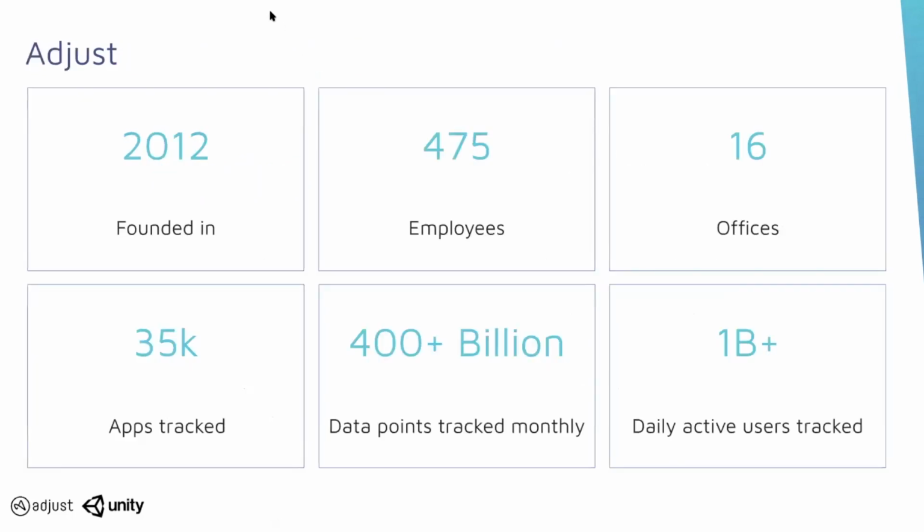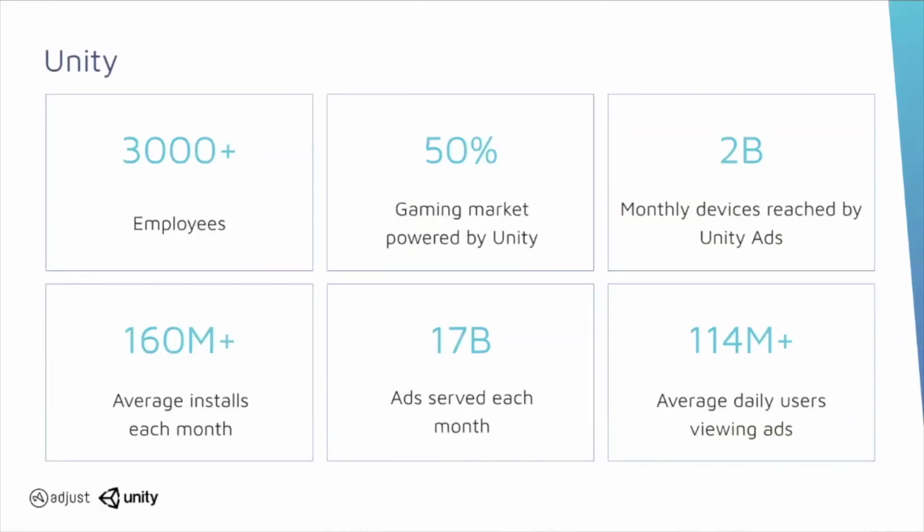As Adjust as the company, we're founded in 2012. Now we're actually more than 500 employees already, and we're steadily growing globally with the mission to power mobile app marketing for everybody in the world. So a little bit about Unity. We started in the content creation space and have grown in that market over the years. We currently power about 50% of games. And we've also heavily invested in building a large user acquisition and monetization platform that currently reaches 2 billion devices globally, so you can grow and maintain your mobile app business.